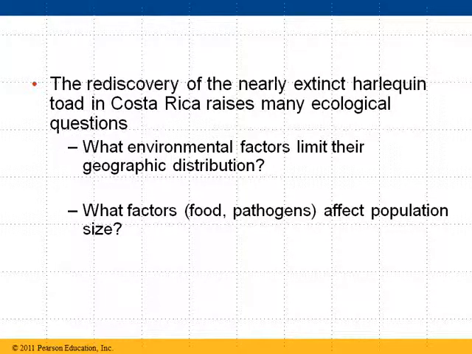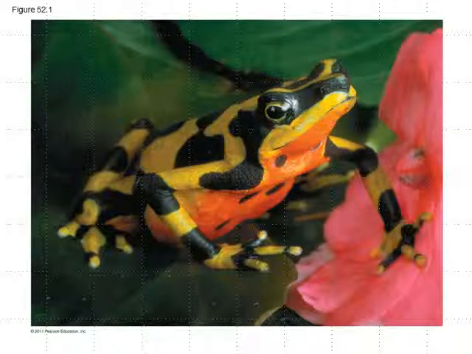Because at one time, this little guy right here, this frog, had a fairly healthy, large population, and that population then began to dwindle quite a bit, to the point where scientists couldn't find any of them and thought they were extinct. And now recently they've been rediscovered. A small population has been rediscovered, and of course, if we can, we would like to help that population and make sure that it survives, but we have to know a lot more about it to ensure its success.